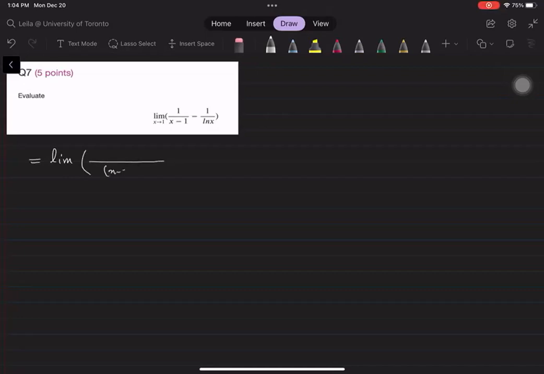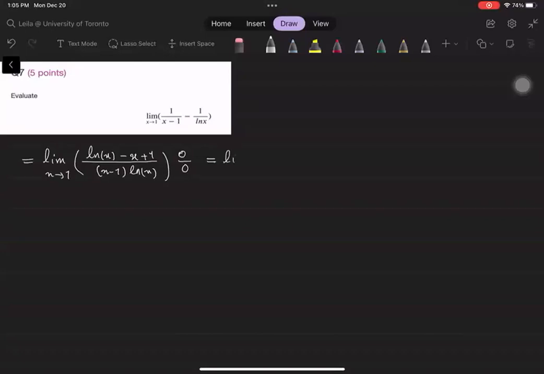okay, so you can get the common denominator. So you have 1 over x. If you substitute 1, you can see that this is 0 over 0. So you can use L'Hopital's rule. So if you take the derivative of this, you have 1 over x minus 1. And then for the denominator, you're going to use the product rule. So you have 1 over x